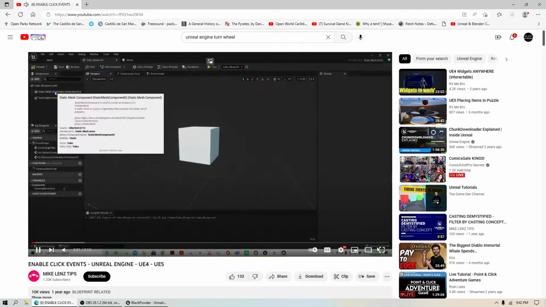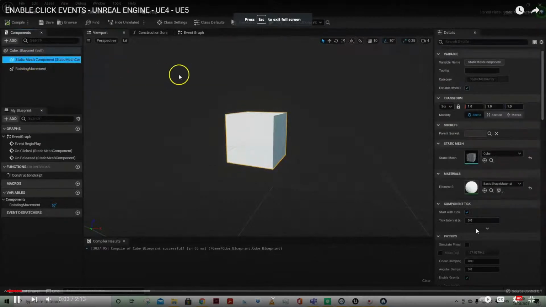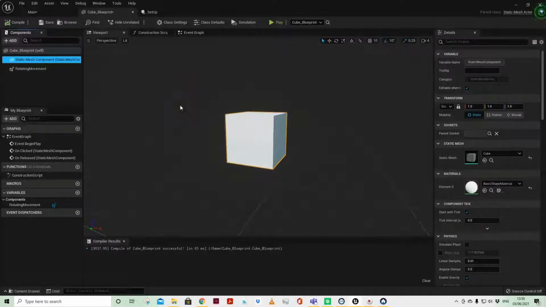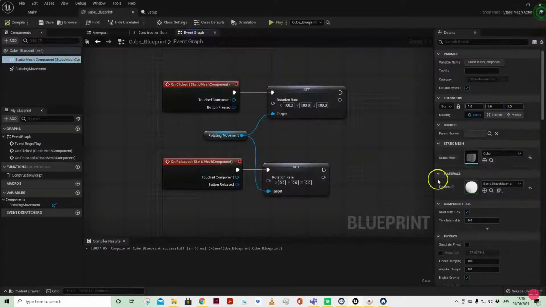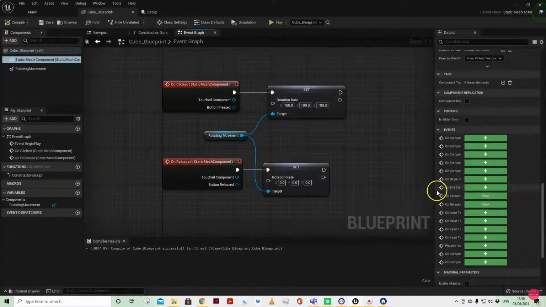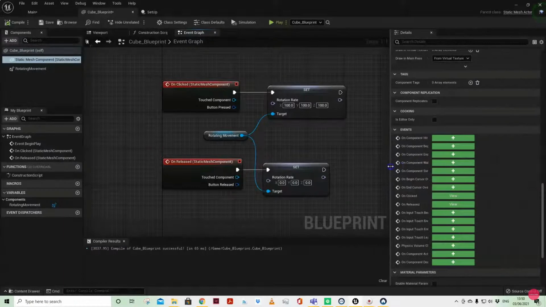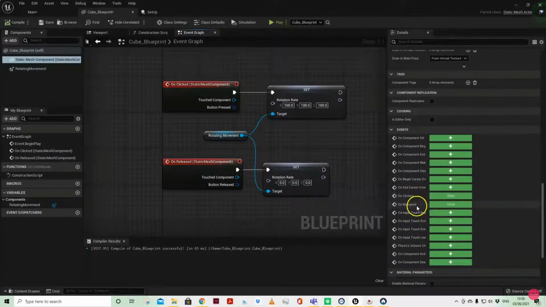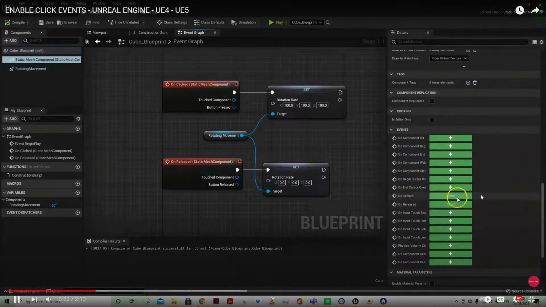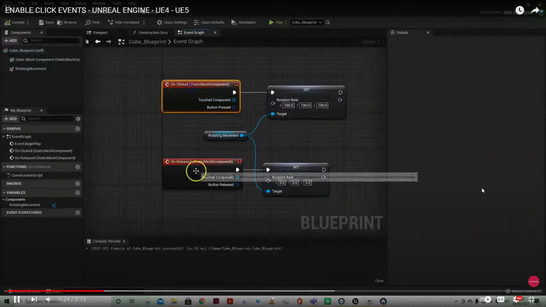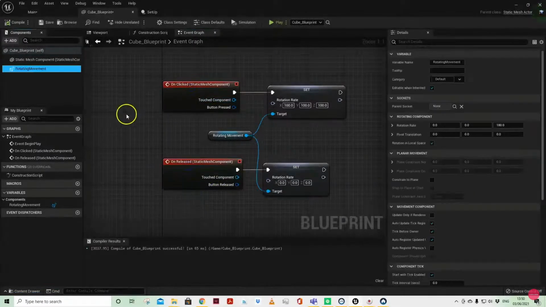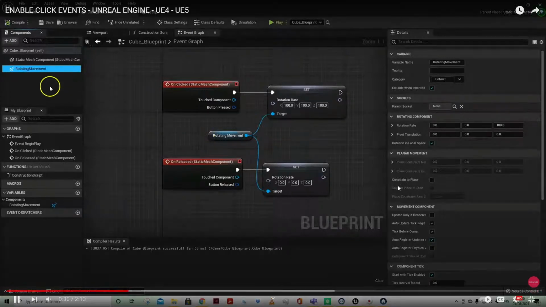Sometimes within our actors we want to interact with our static mesh component. Now there's a separate video for enable mouse hover, so check that out. But in this one we're going to be looking at the events that you can have on a static mesh. So here we have on clicked and on release, which when you add those you get these two event nodes. I've attached this to a rotating movement component, which is the simplest